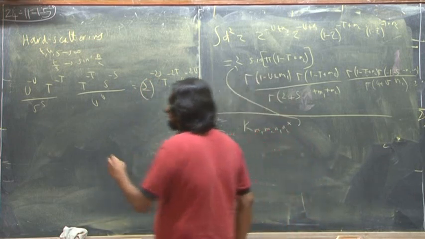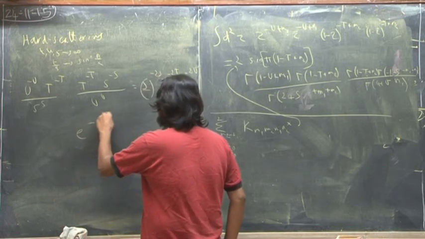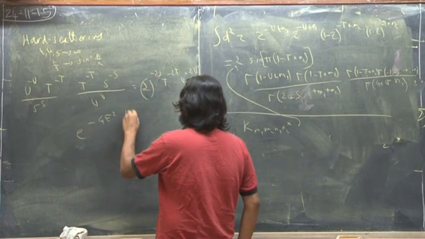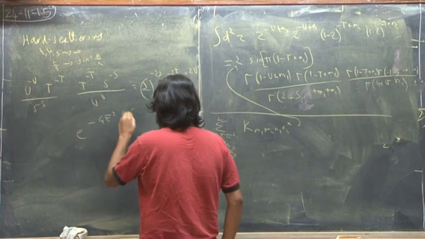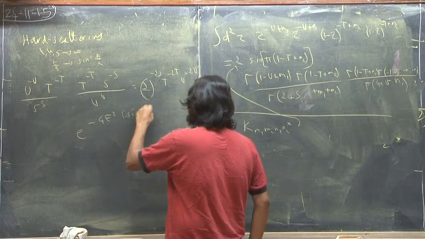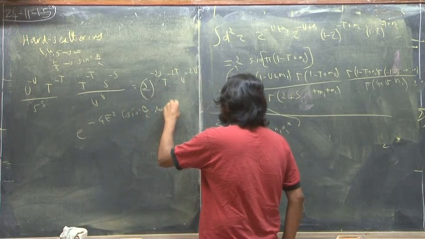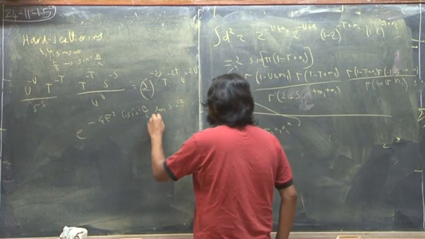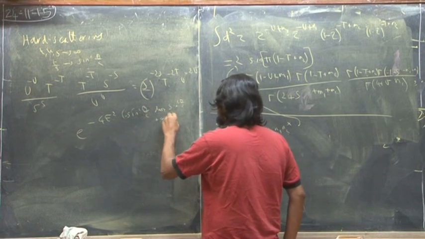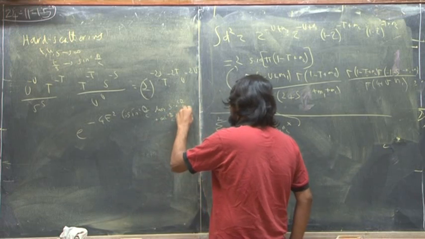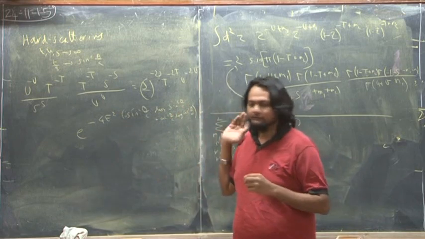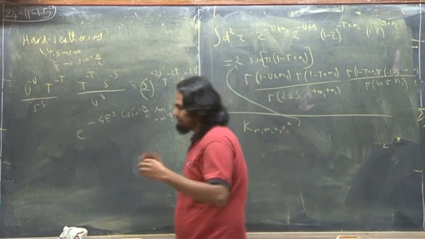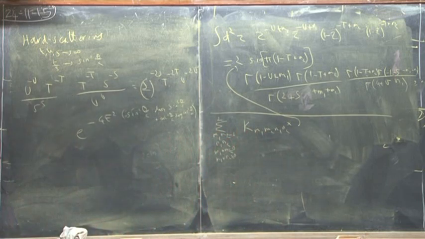So you basically get the same limit, which is e to the power minus 4E squared times (sin squared theta by 2 log sin squared theta by 2 plus cos squared theta by 2 log cos squared theta by 2). Right. And so you can see it has a nice exponential behavior, and it basically has the same high energy behavior as 4 tachyons. And the Regge limit